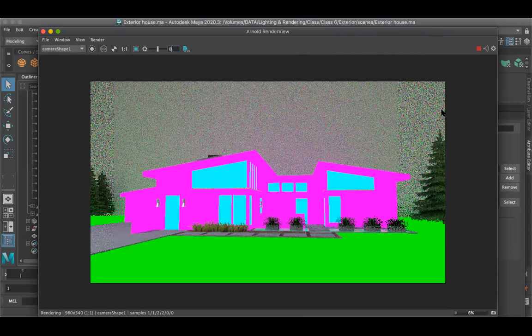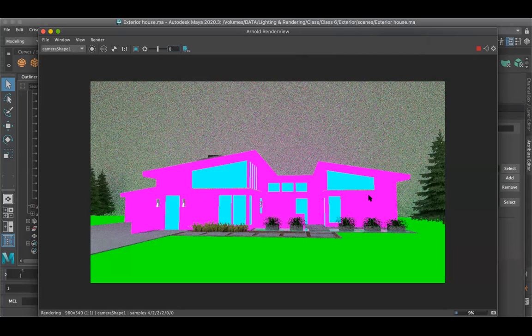So now you can see this will be my image render output, which I'm going to get for the selection pass. You can see the grass has a green color, the building has a pink color, and the reflection region, that is the window and door, has blue color. So it will be easy for me to select the grass in Photoshop. You know that we can select the similar color, right? I'll show you that.